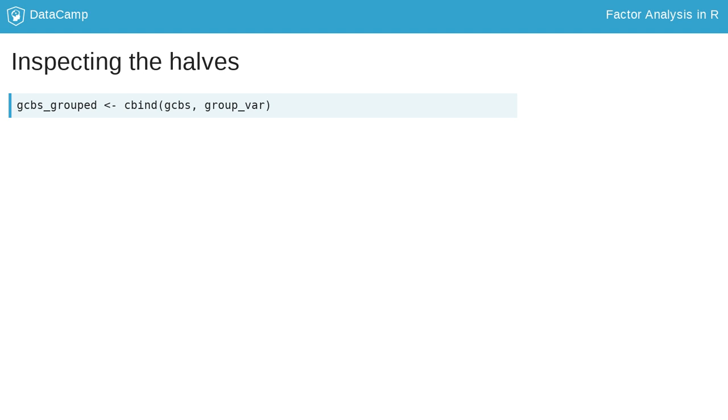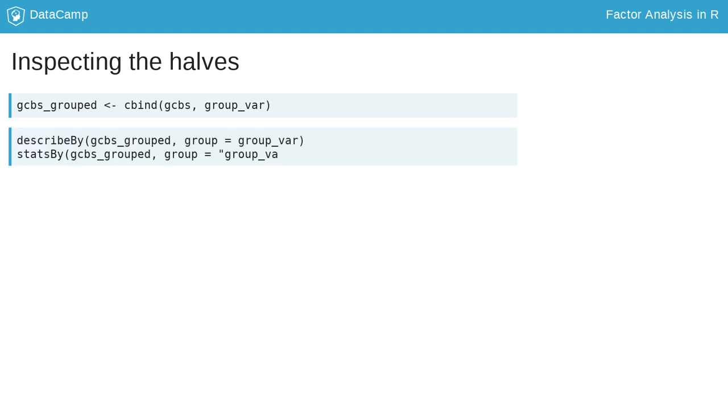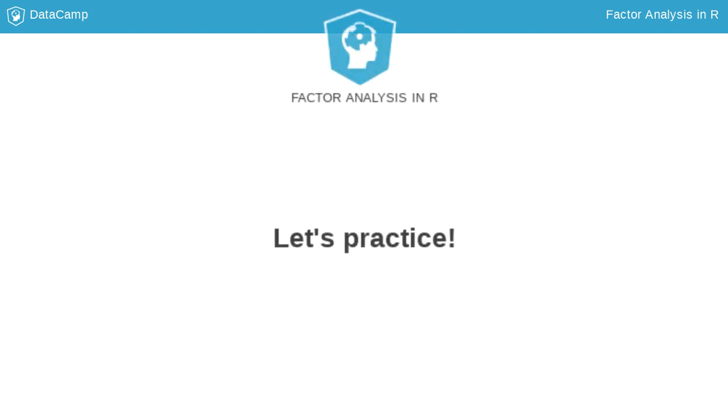This grouping variable provides the information needed by describeBy and statsBy, which you can use to view some key summary statistics. Watch out though, while the group argument of describeBy has to be a vector, the group argument of statsBy has to be the name of a column in your data frame. Let's see these functions